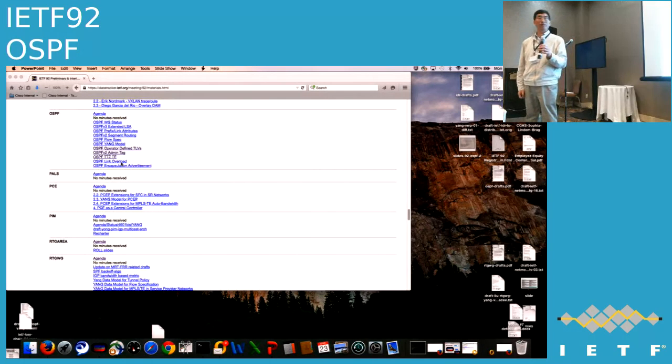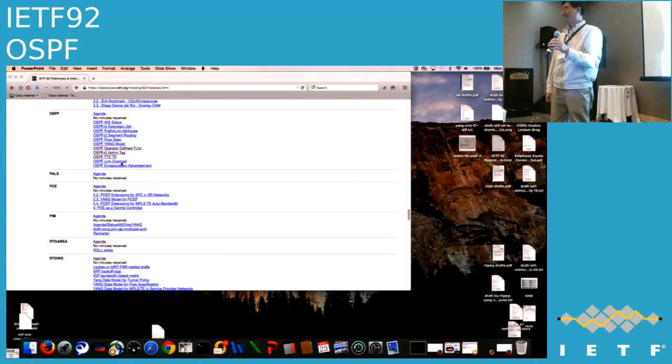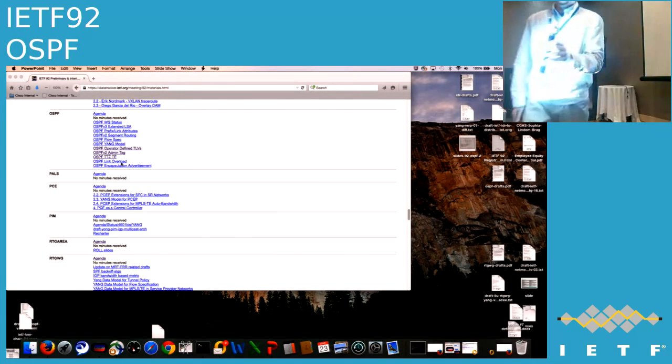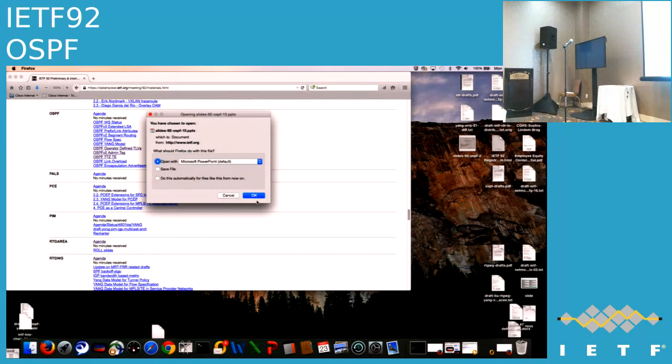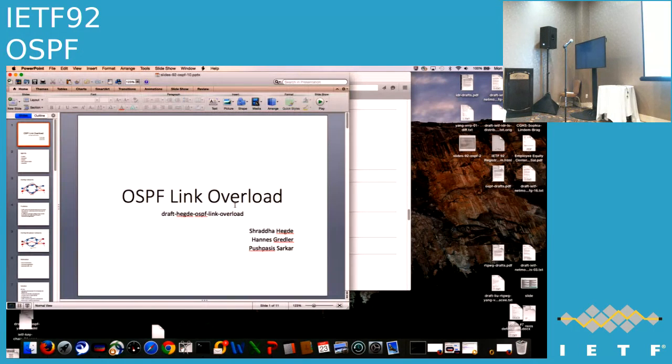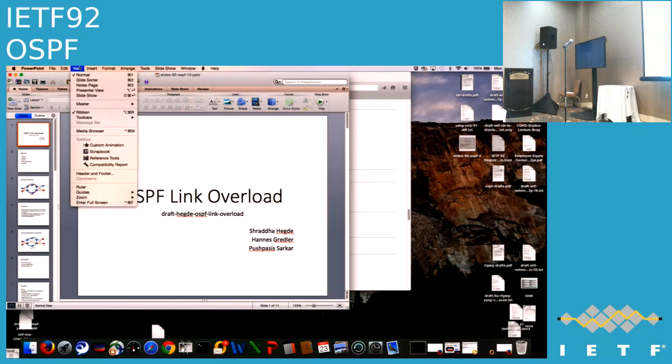How many people have read it? Okay, thank you. There's much more investment to read this draft than there is added value. I'm trying to understand it.